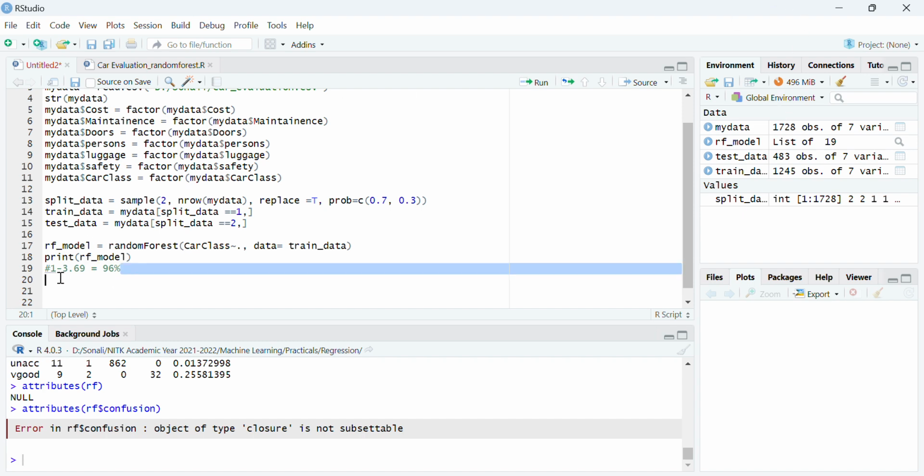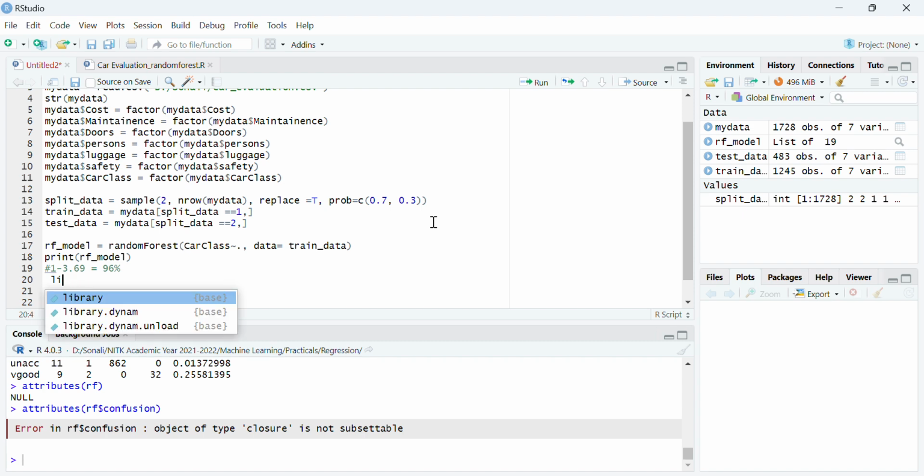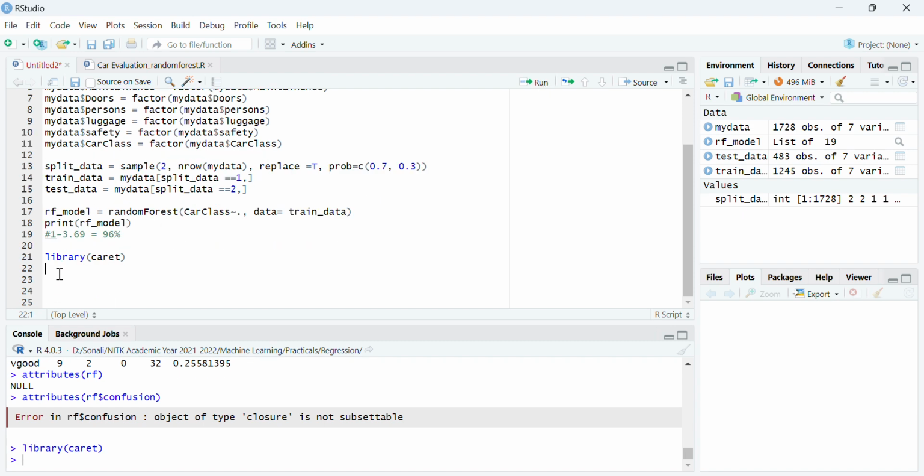When we have got the accuracy, there are other functions using which you can check the attributes, or better, we can go for a plot. That will be better. Now if you want to do the predictions, of course you have to include the library caret, which is used for the predictions. So let us include the library caret. Fine, done. Now let's perform prediction and see how my model is performing. Let's say predict with the RF model on the training data. Now I am checking the accuracy of the predictions for the training data.